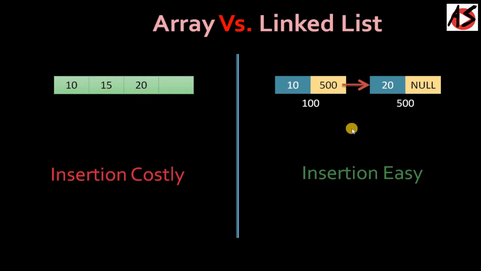While in the linked list, insertion is easy. If you want to insert the new element, say 15, you can take the new node. In data part, you can store 15. In link part, you can store null. And then you can update the link of the first node to the new element. And new element link part, you update to the last element. Now your linked list is connected. So here no need of any shifting, just you have to update the pointers and insertion is done. So it is quite easy.